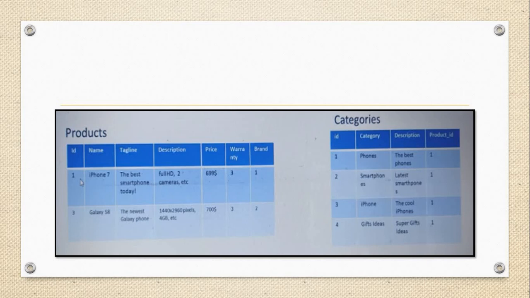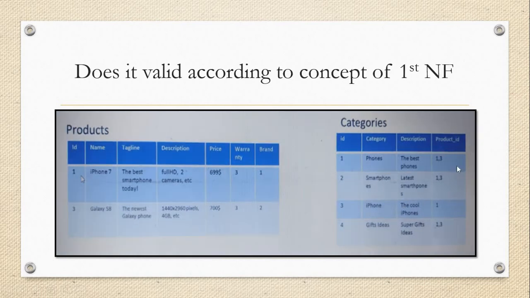Don't worry about that. Now, for example, multiple categories are there. I want to create multiple categories. So for that I am adding multiple options inside this product ID. In that section, see, we have the option of 1 and 3. So that means in phone we have iPhone and also Galaxy. In smartphone, iPhone is also there, Galaxy is also there. That means here we are storing the data. But make a note of that.